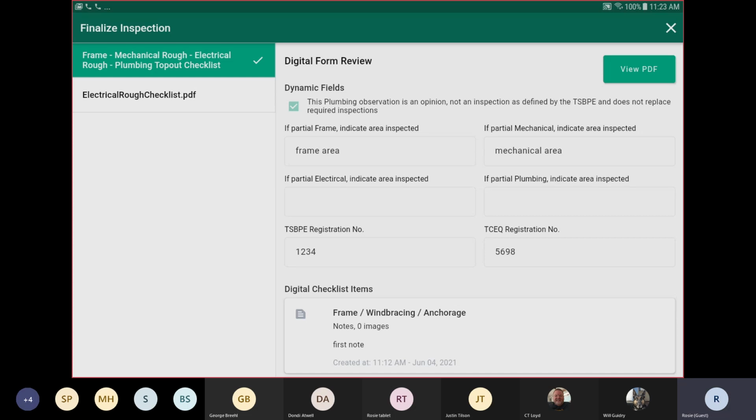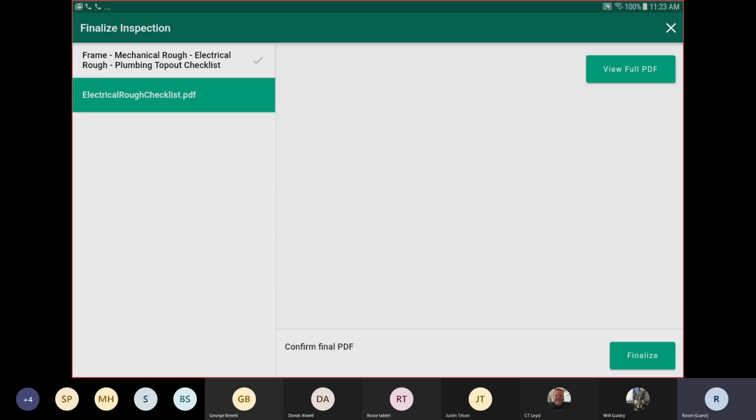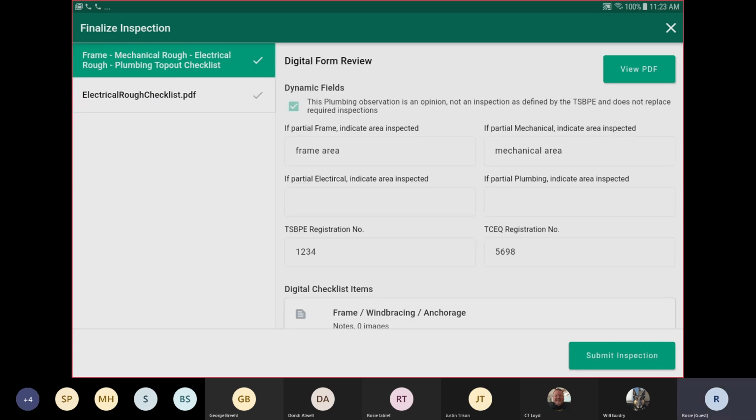We get a little checkbox on the menu item. And then the other thing that we have to finalize is our electrical rough checklist. So this is our editable PDF that we've attached. We also have to finalize that. You can see that once both items are finalized, we'll get a queue to submit the inspection. What I'm going to do here before submitting the inspection is